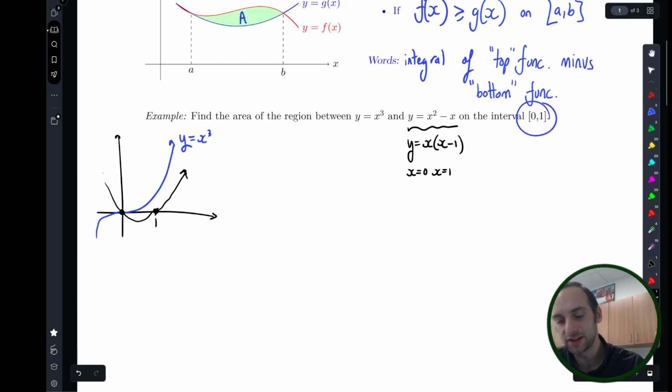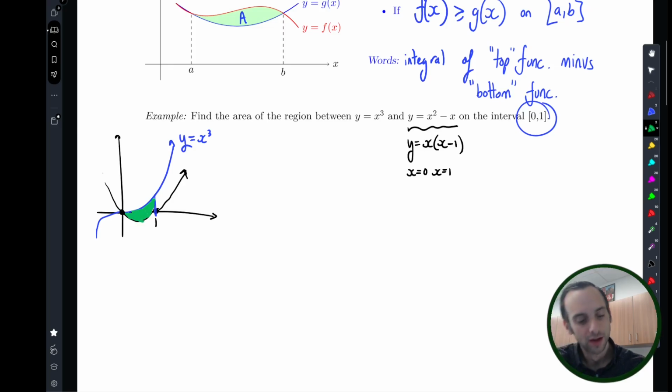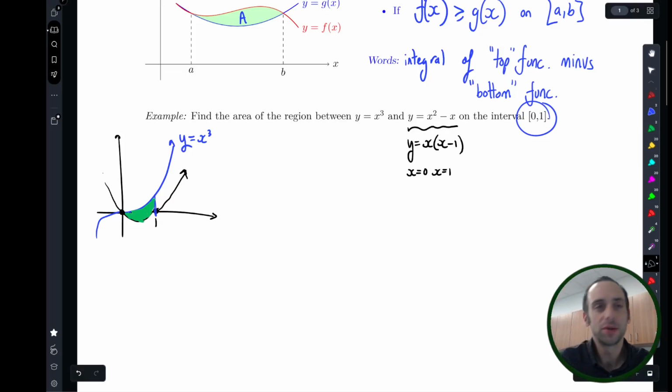We're trying to find the area on the interval 0 to 1. So it's this little chunk of area, I'll color it in green right here. It's this piece that goes under the x-axis, but also above the x-axis. Now the great thing about this subtraction formula when we do the area between two curves, we don't have